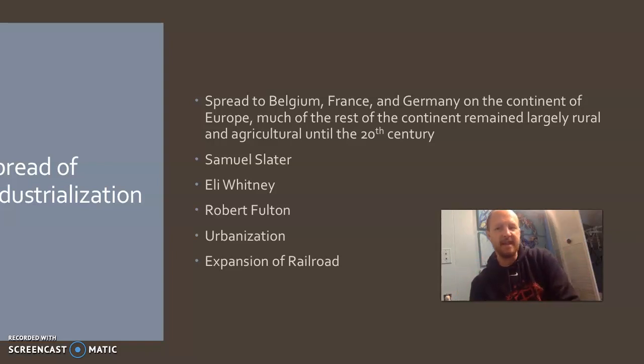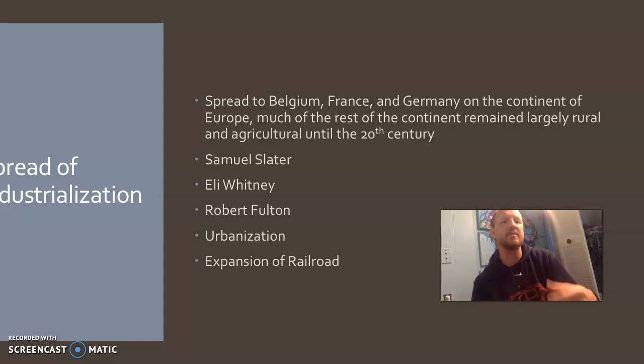There are some fascinating statistics about how quickly the cities were growing in North America and in Europe as well, with cities going from being below 100,000 people to being over 1 million people. And in the United States, the first city to make it to 1 million was New York City, and then the second city was Chicago.